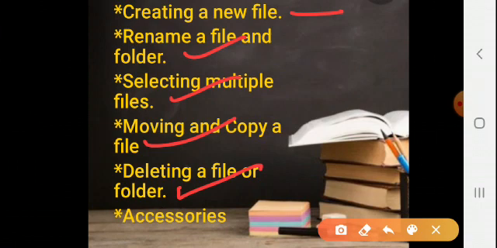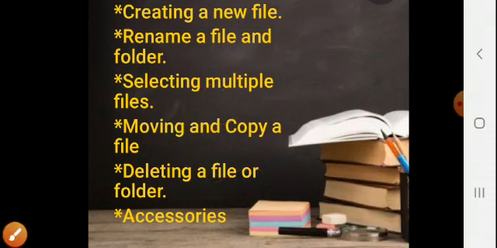So in Windows 7 there are a number of standard applications called accessories. Some of these applications are Paint, WordPad, Notepad, Calculator, network projector, command prompt, and Paint we have already discussed. Then sticky notes, sound recorder, run, getting started. All these are examples of accessories. Okay, dear student, so that was all about your second chapter.